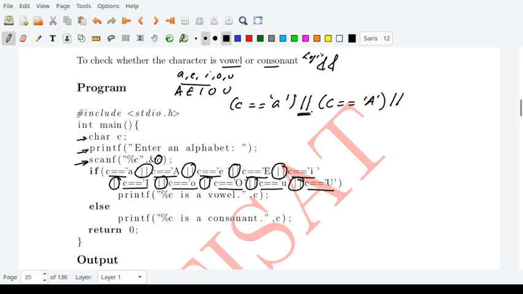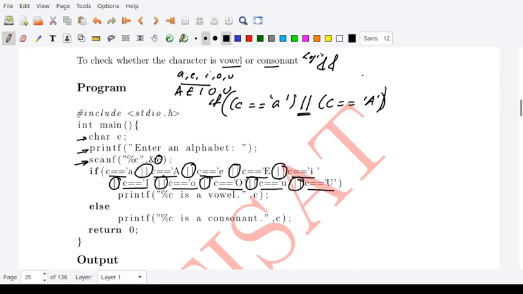In a logical or case, if any one of the conditions is true, then the entire condition becomes true. So if I am checking whether the character entered is either a capital A or a small letter a, only that, nothing else, this is my check.